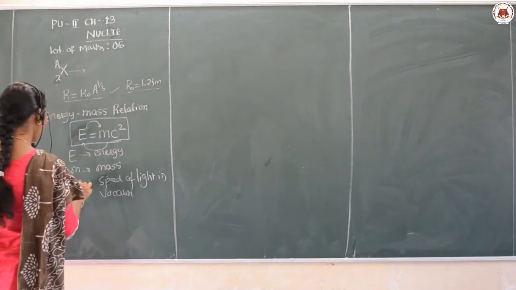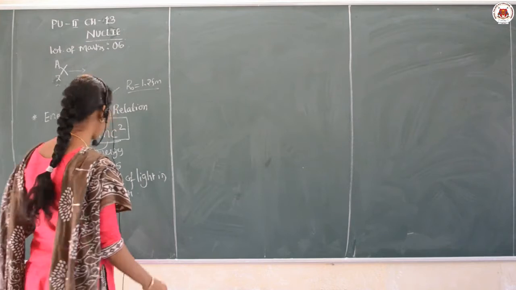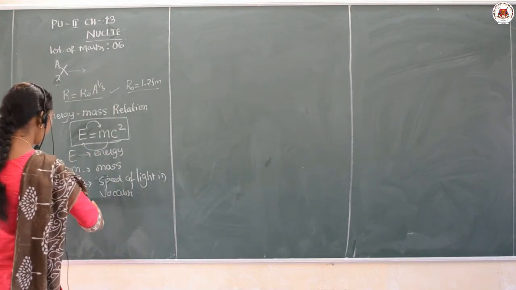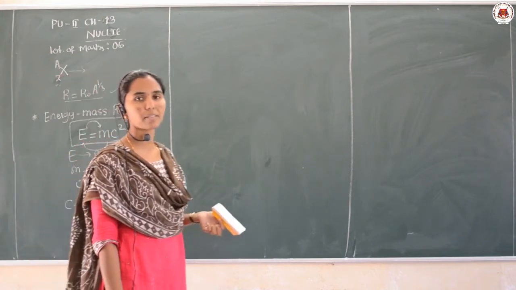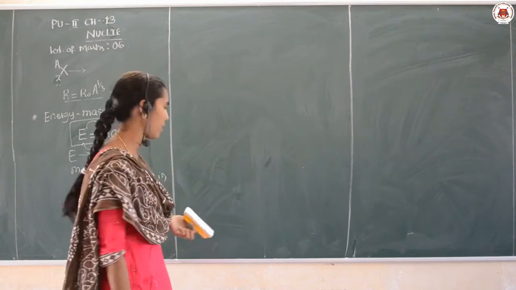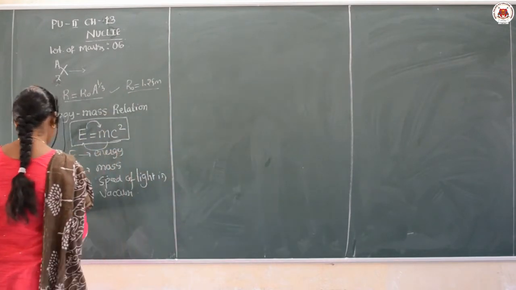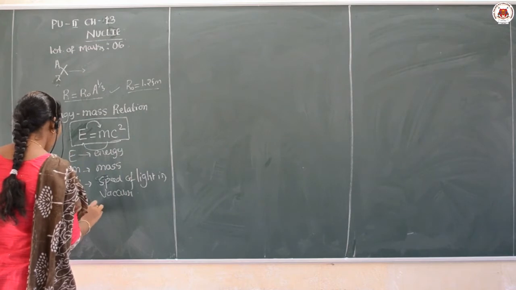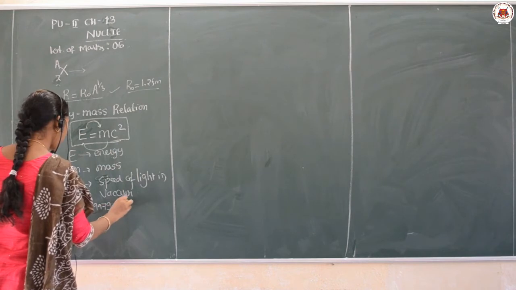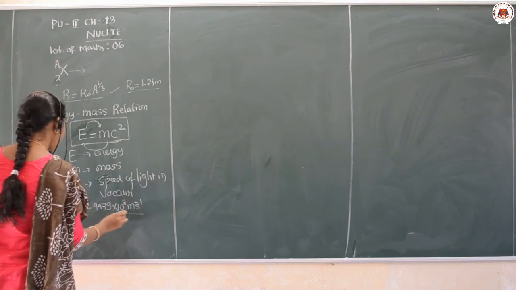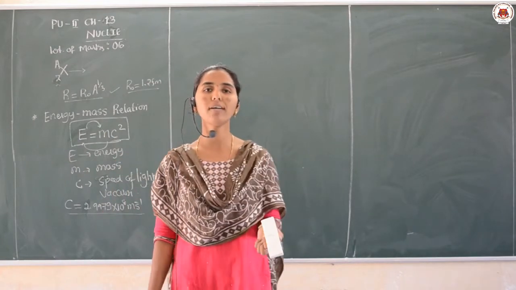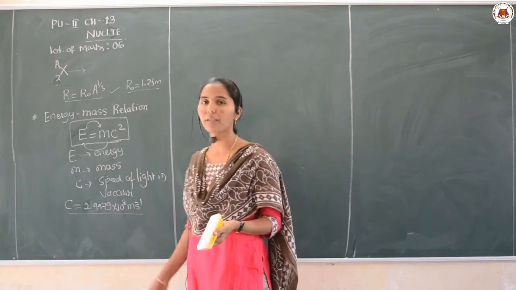And in the case of the speed of light in a vacuum, we are taking its approximate value. See, generally in our numericals we are considering c is equal to 3 into 10 raised to 8 meter per second. Then here c is taken to be 2.9979 into 10 raised to 8 meter per second, that is the nearest approximate value of the speed of light in the vacuum.